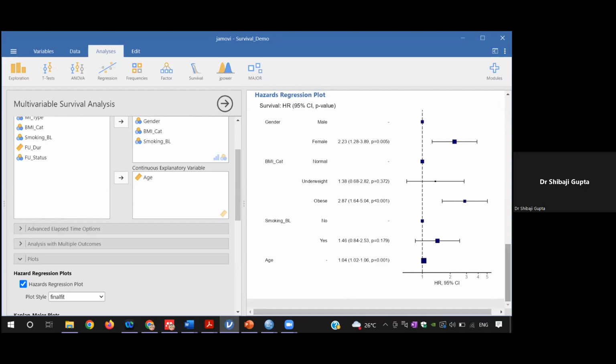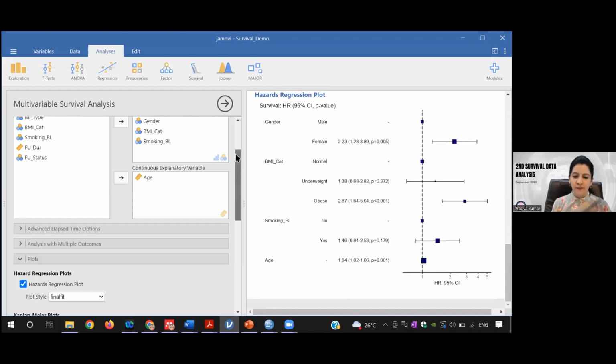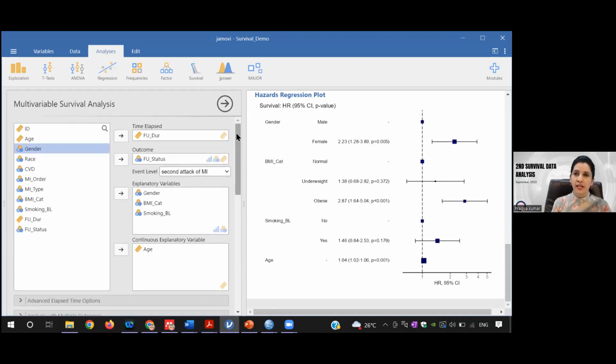Okay. Thank you, Dr. Shibaji. Before we go to the breakout room, I just want to touch on the concept of time-dependent covariate, because in this case